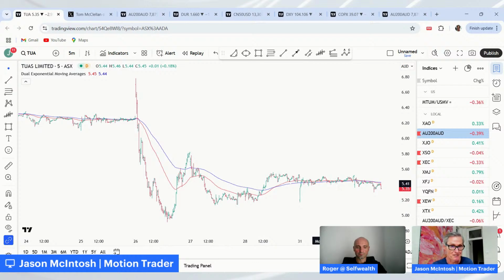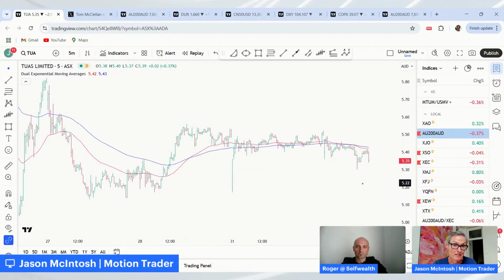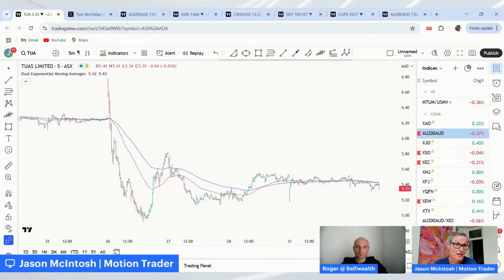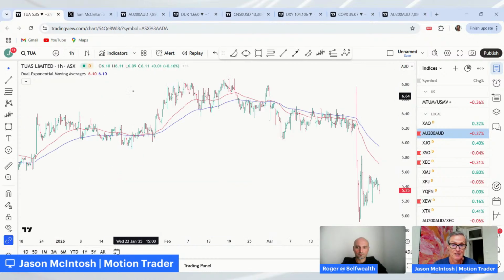But now it's moved into, okay, where's the next move going to come from? Is there going to be interest in really starting to buy this back up and take it higher? Or are people going to look at this now the dust is settling and go, no, I want out, and push it down, and we see the low from last week break, the stop trigger, and maybe it goes into a larger declining period. I don't know which way it goes at the moment. It's one to watch.